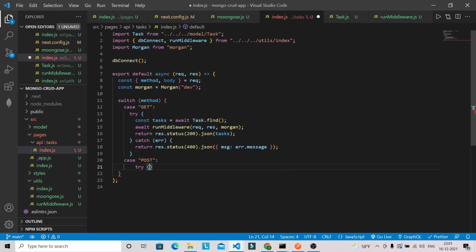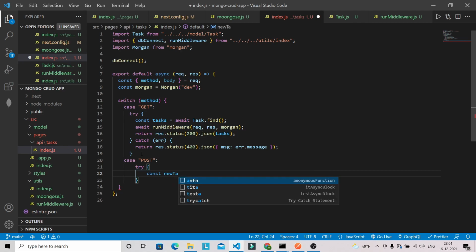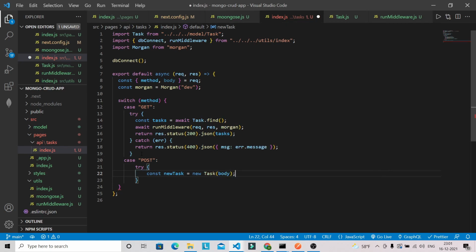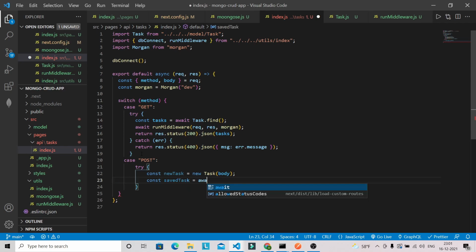And in try, we will have a new task whenever a task is created, and we will receive the task in the body. Now that we have the task, we can save it in a variable, saveTask, await newTask.save.